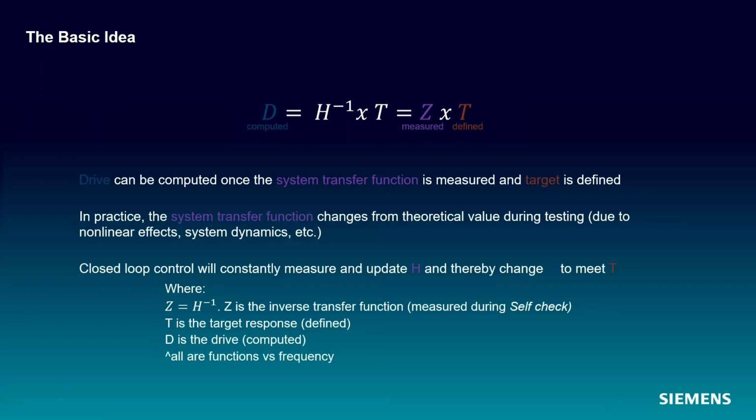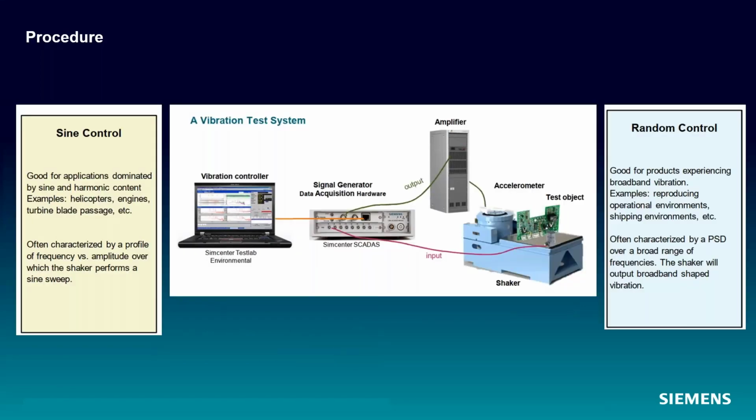Unlike sine, which is a time domain method for control, random is a frequency domain method, which carries its own difficulties. So again, I mentioned sine. Sine is very typically kind of easy to understand. We output a single frequency at a time and sweep that, so we constantly change the frequency over the frequency range. Random control, at least for me, took me a little longer to get my head wrapped around. It's all the frequencies all at once that go out to the shaker.